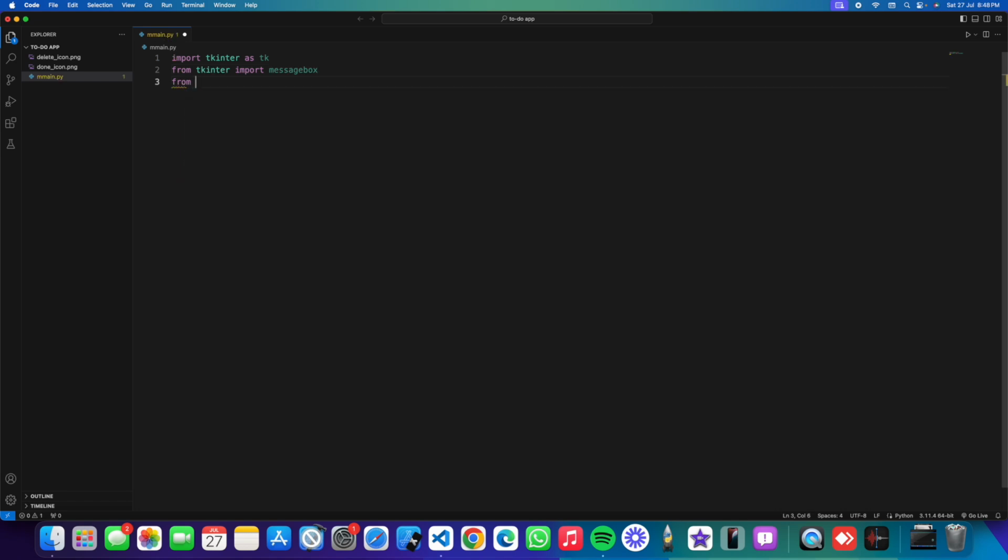Then I need to work with the image files. So I will use Pillow. Pillow is a library that will help us to handle our images. Import Image and ImageTk. Then I will need matplotlib to create our graph, that means the pie chart. From matplotlib.pyplot, import matplotlib.pyplot as plt,